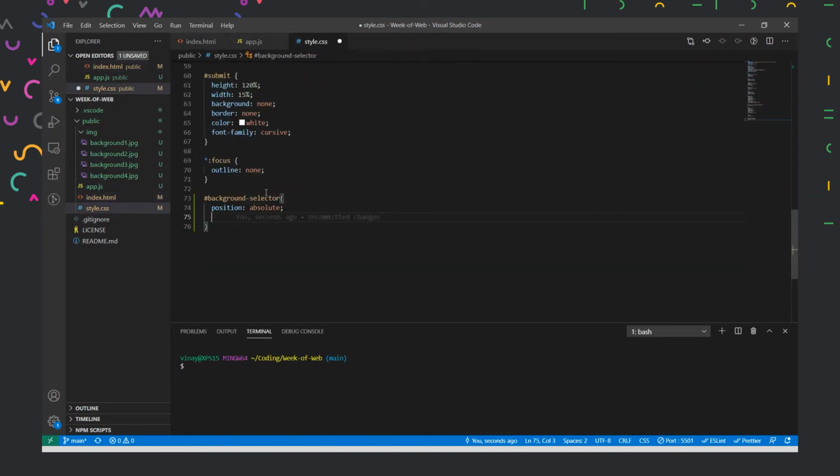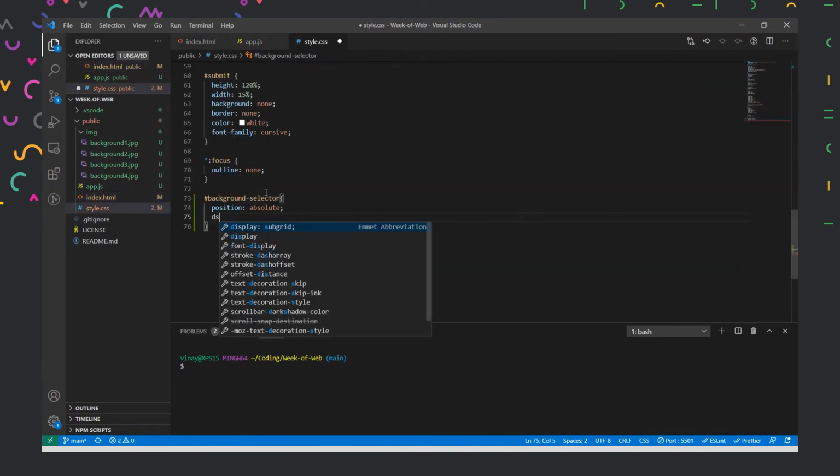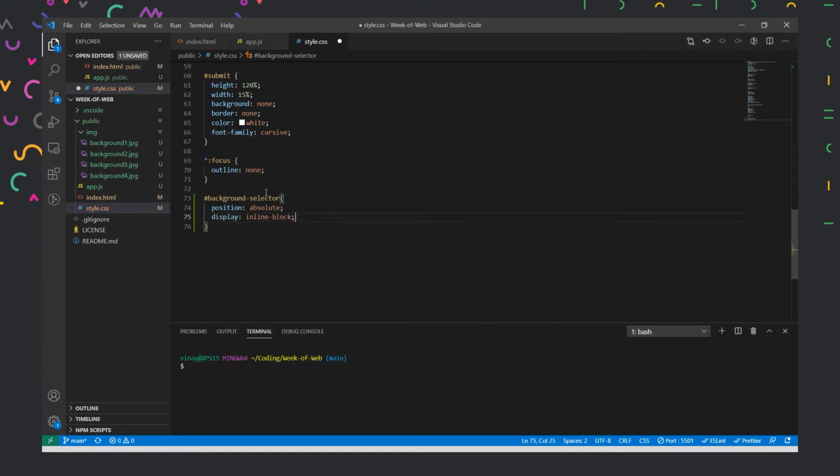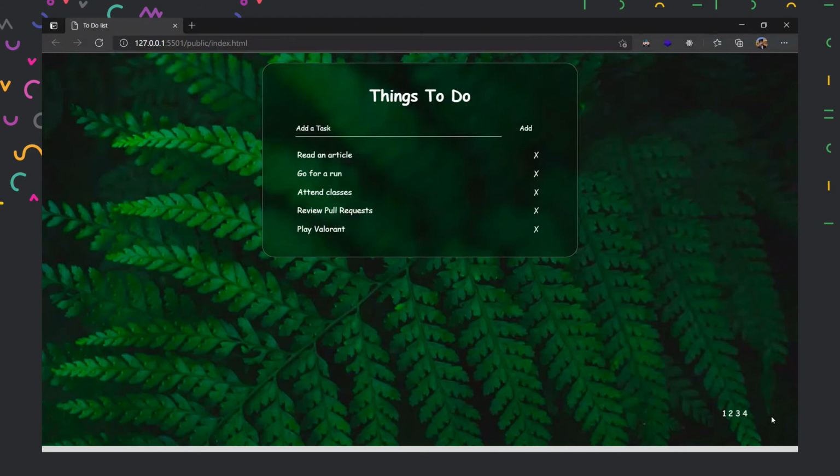So to change that, we'll add here display inline block, so that we can adjust its height and width whenever we want, and then we'll give its x-axis and y-axis. So from top, I want it to be 90%, and then from the left side, I want it to be 90% again. If I save, you can see that all these elements are shifted here like we wanted, but I don't want it to be 1, 2, 3, 4 as well. So what we will do is